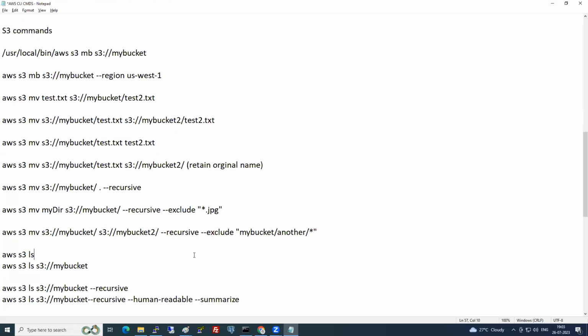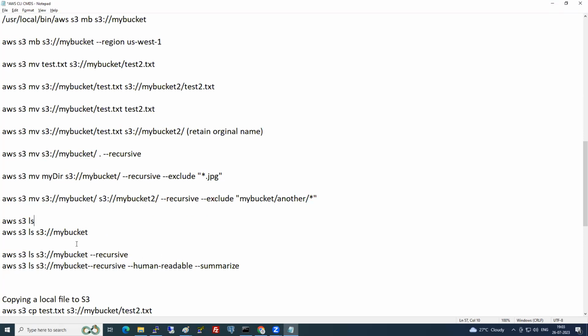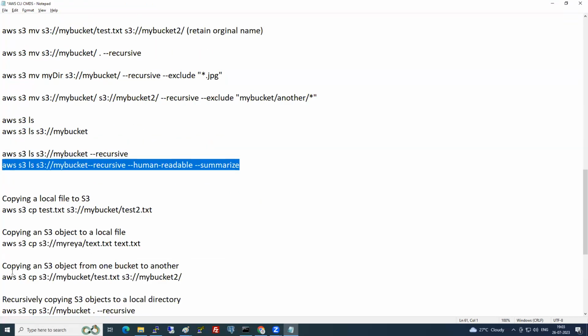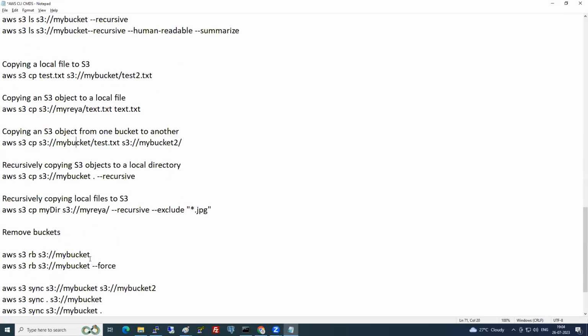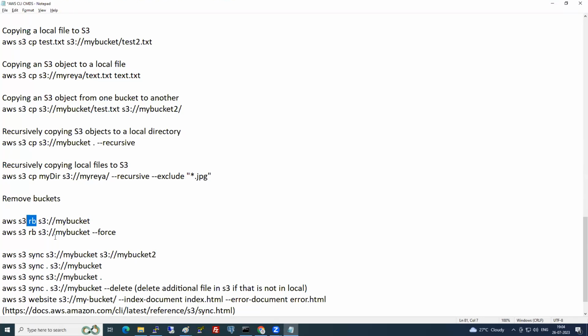Guys, like this, I have listed so many commands. This one is to list your buckets. This is to list your objects. This one lists all your entire objects and subfolders. This one is used to retrieve the size of your bucket. And I have given a few things, like copying a local file to S3. You can practice all these things here. And RB meaning here,